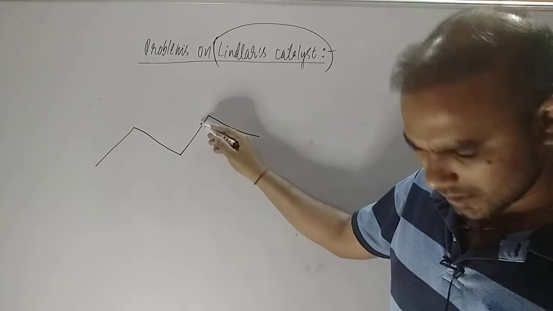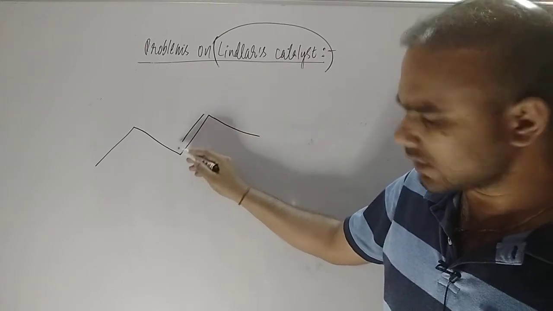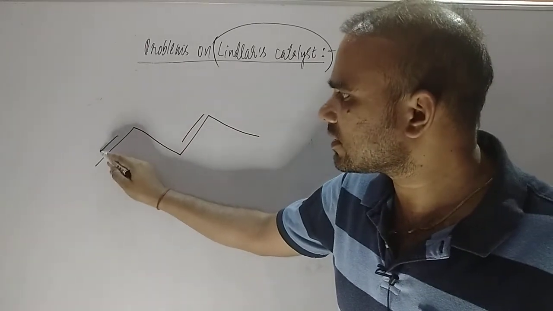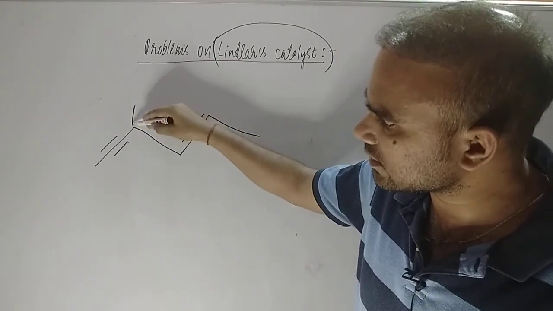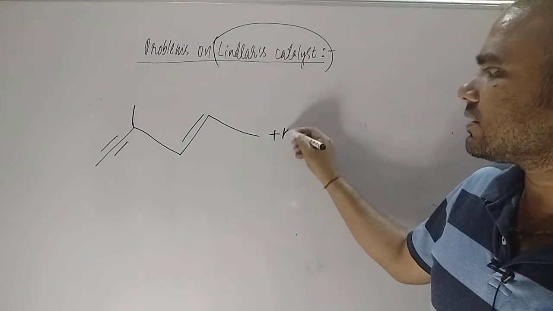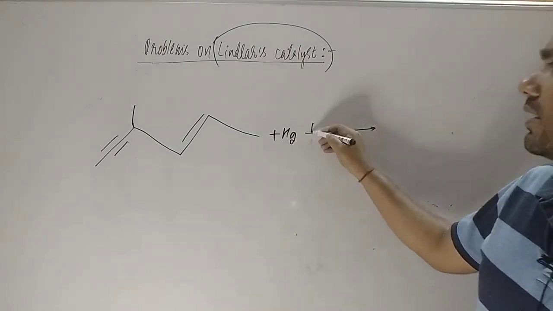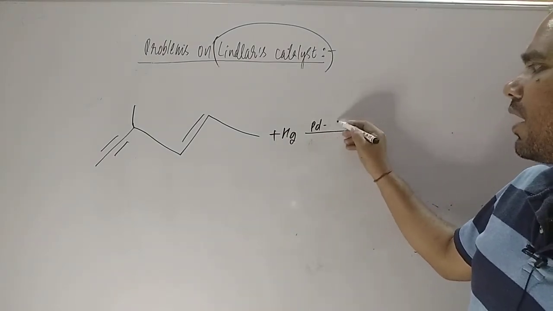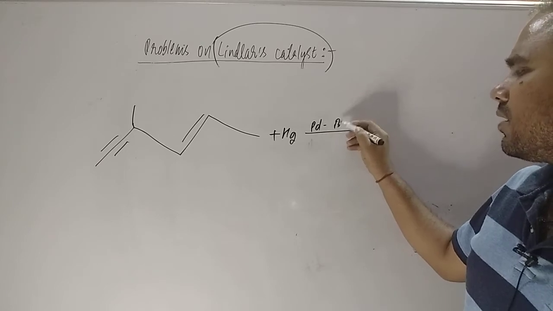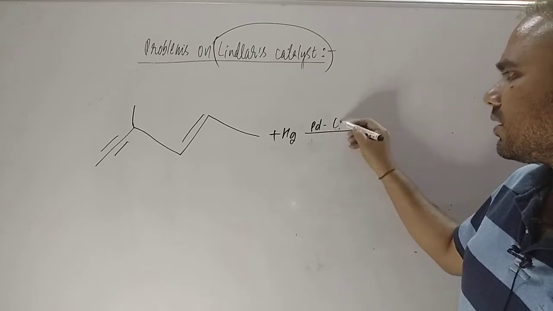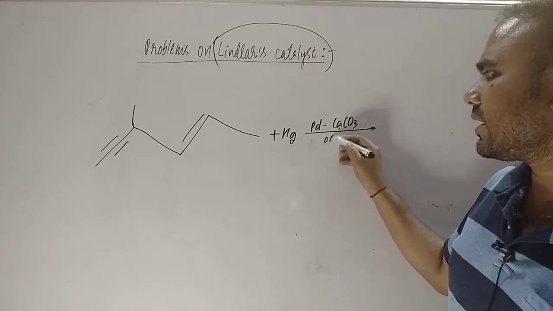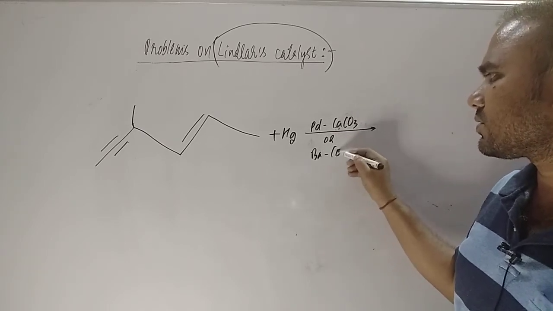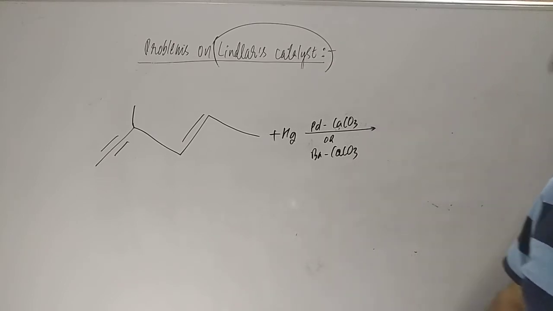okay, this is the example. Here will be the double bond student, and if you see here is the triple bond, and here is the methyl group, okay, this is the methyl group, and you are taking H2 molecule, and here is Pd, palladium is there, and carbonate you are taking, okay, and either you can say barium carbonate, you can say student CaCO3, calcium carbonate.